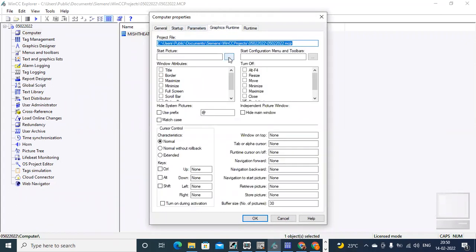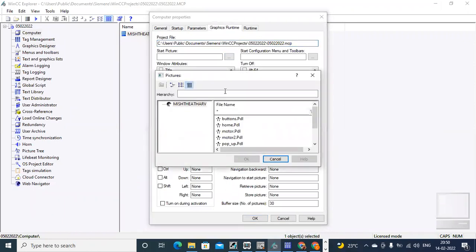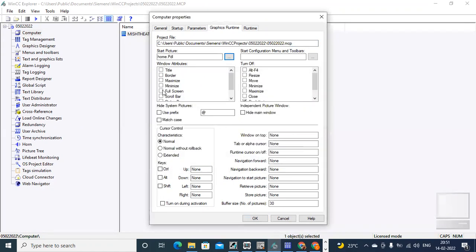Here, you can select the start picture. The start picture should be home. Say okay. And the size should be full screen. Windows attribute, it should be full screen, or if you want to maximize, minimize, or if any options you want to disable, minimize, maximize, you can select from here. Say okay.